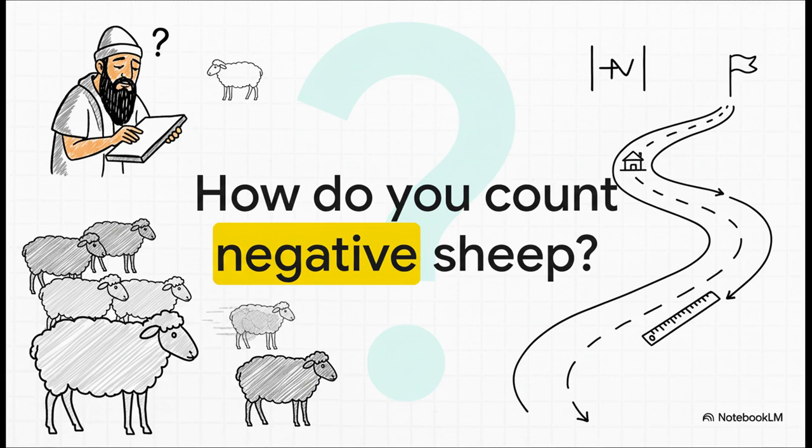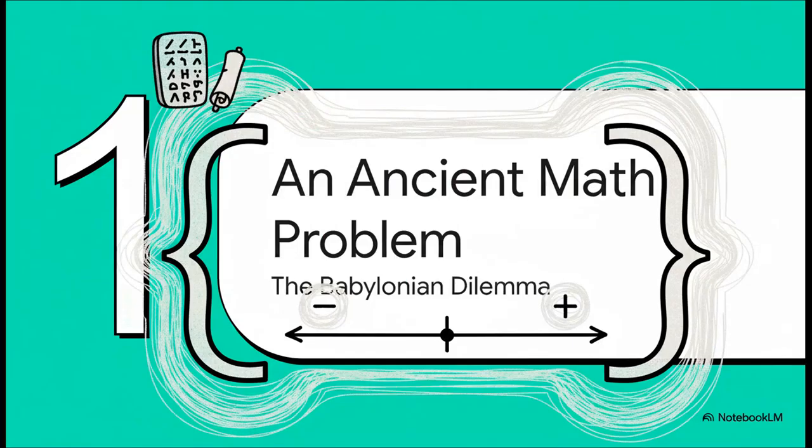But he also had this gut feeling about something else. The distance to a place, the length of a field, that's always positive. And that little puzzle, that whole sheep dilemma, it actually planted the first seed of this huge idea. He was starting to realize that a number's value isn't just about whether it's positive or negative, a gain or a loss. It's also about its size, its raw, unadulterated magnitude.